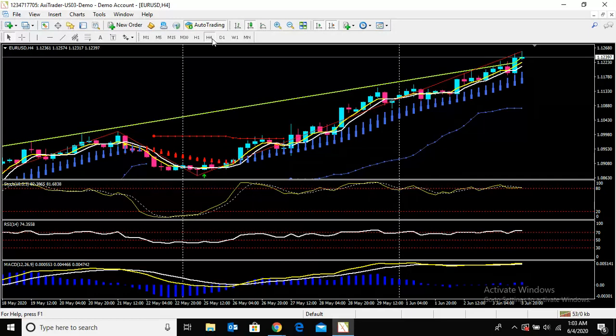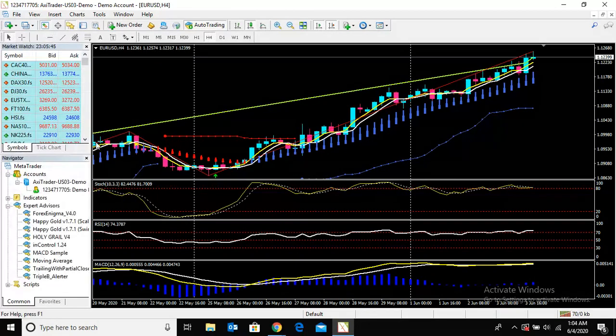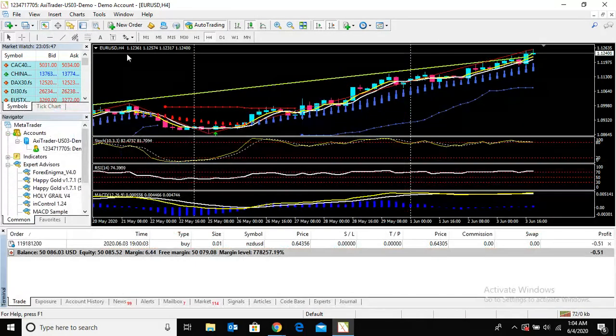It might seem quite advanced at the beginning, but as you keep on practicing with this system, you will get used to it and you will feel easy. Basically, the important thing is you need to try the system. You try to understand the system, how you can judge and how you can trade.